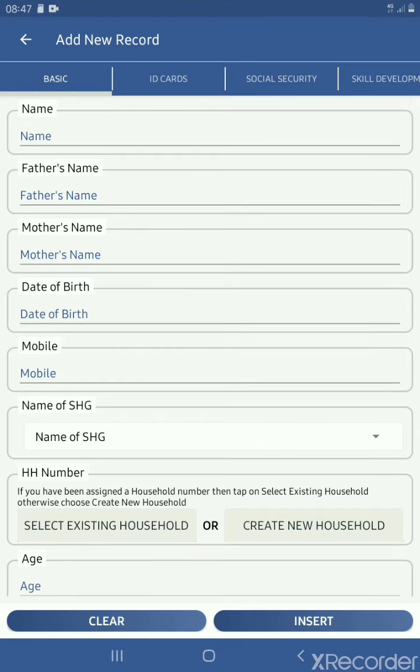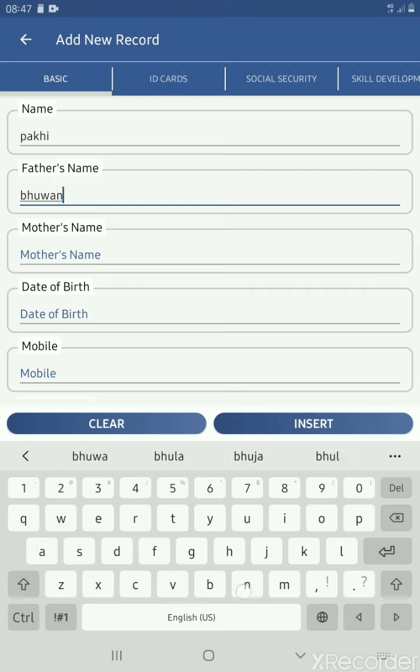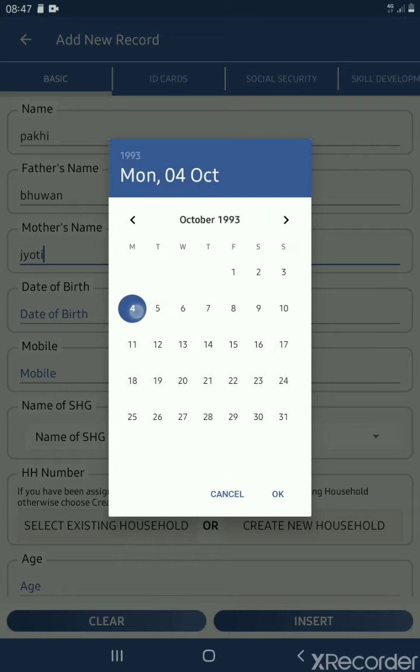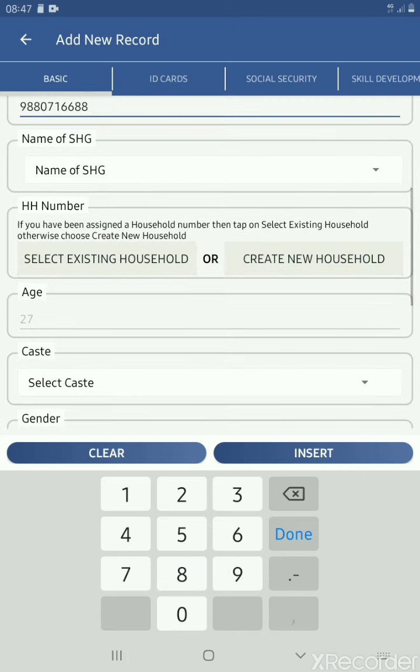We can enter the basic information of the beneficiary like name and father's name, mother's name, date of birth, mobile number, and now it is asking the HH number, that is household number.